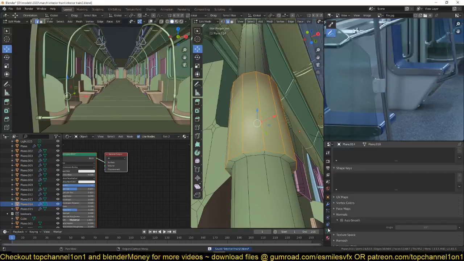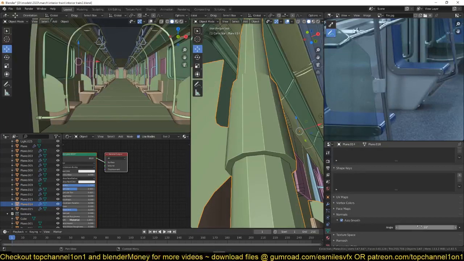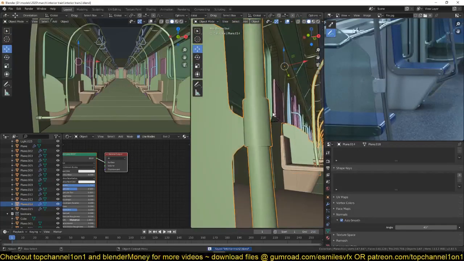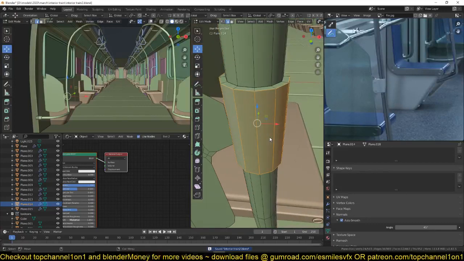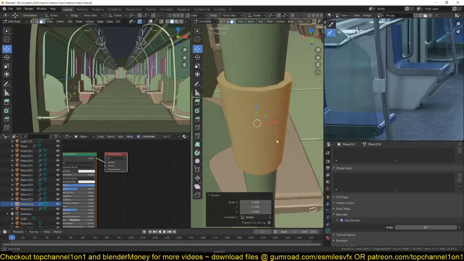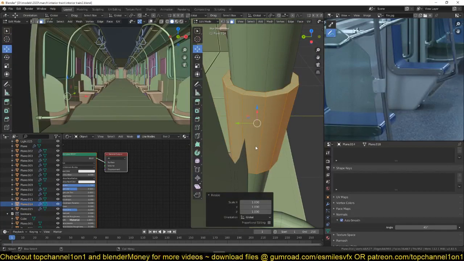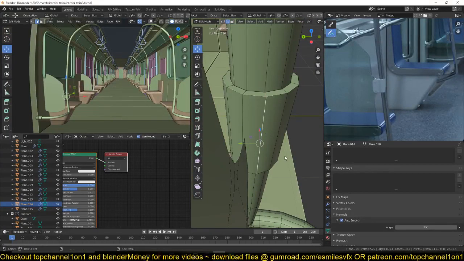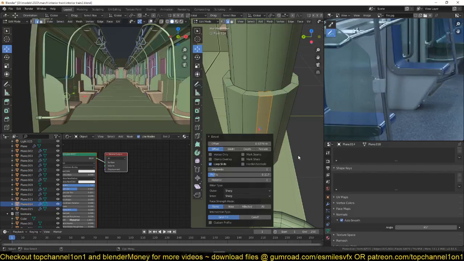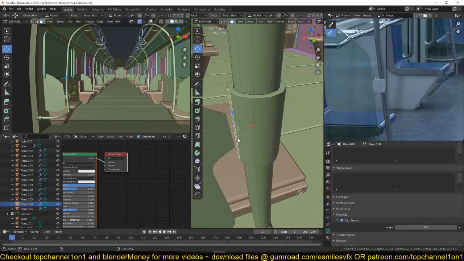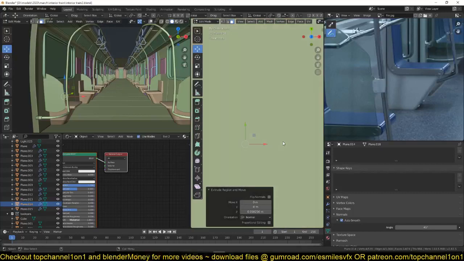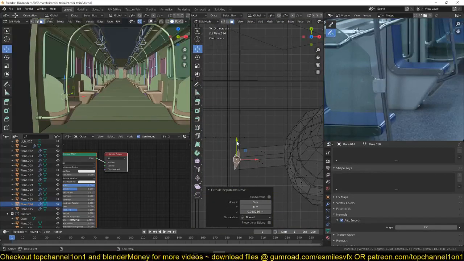Let's turn on auto smooth here, just increase the angle to something like 45, so that we have a sharp angle there. And what I'm also going to do is separate this portion here using Y, maybe scale it up just a bit, and select this edge loop, using Ctrl B to bevel it, and then extrude this edge like so. Let's just make sure that it's aligning correctly. It's not,